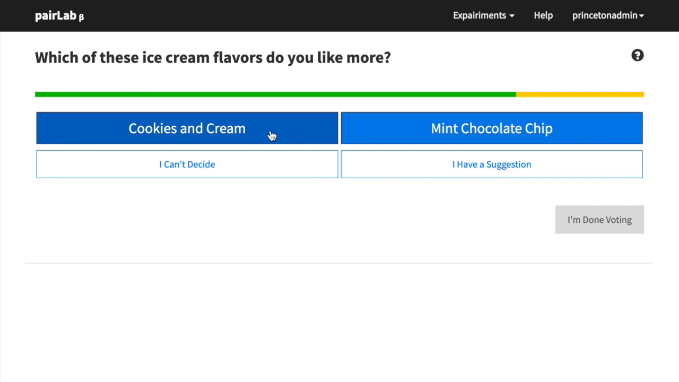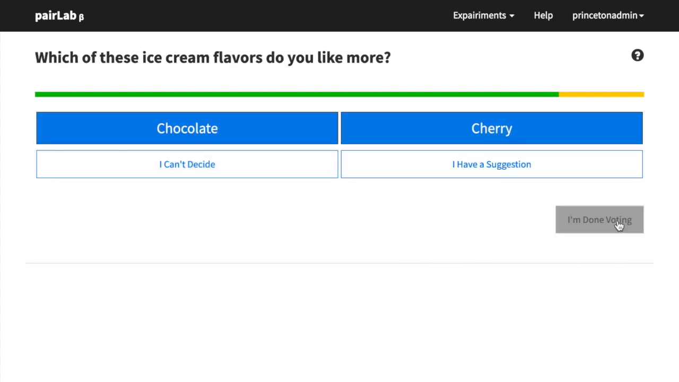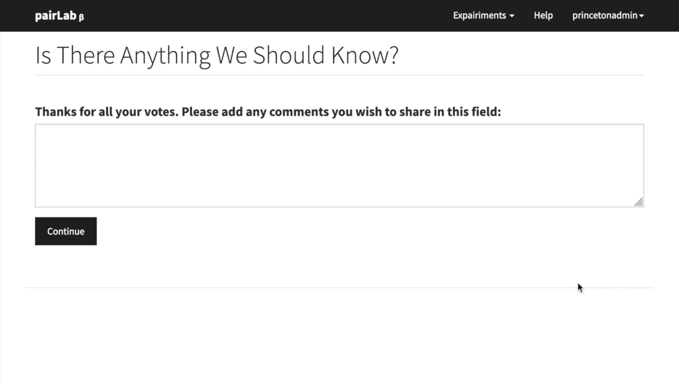This is a tough one. Actually, I can't decide, so I'll skip that one. I'll do one more. Chocolate over chocolate mint chip. Yeah, somewhat. But now, let's say I'm done voting. I can click. Now, had I finished and gone all the way, I still would have gotten to this page here,